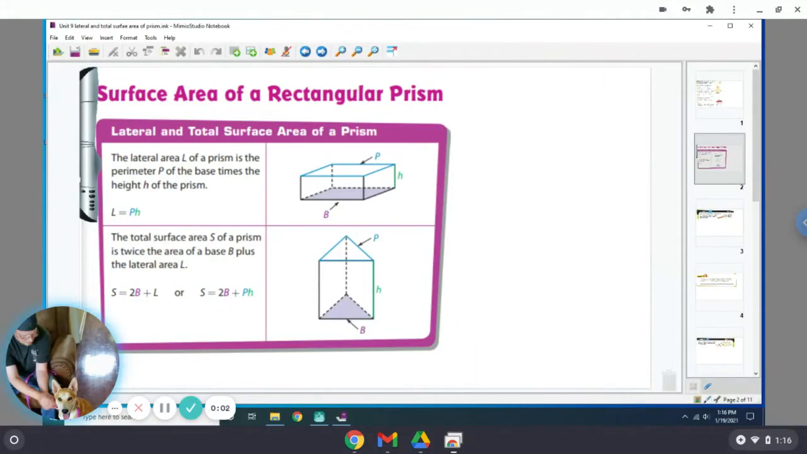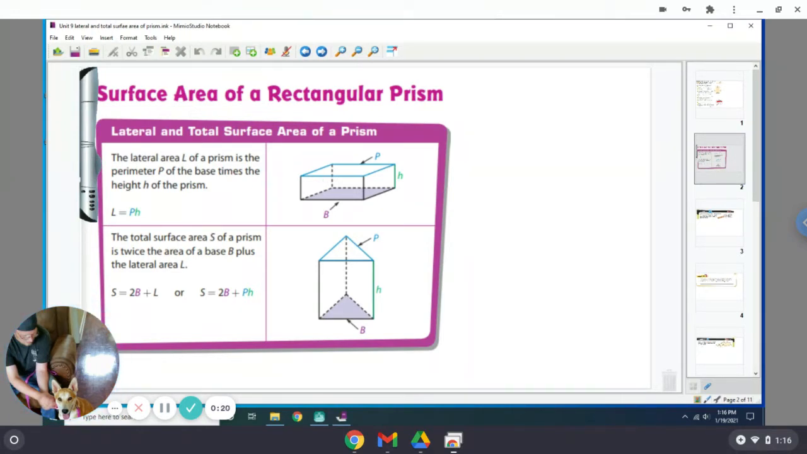So today we're going to be finding surface area. And there's going to be two different types of surface area, and they're both related to each other. The first surface area is lateral surface area. Lateral surface area is surface area of the